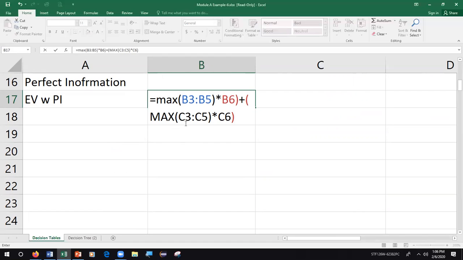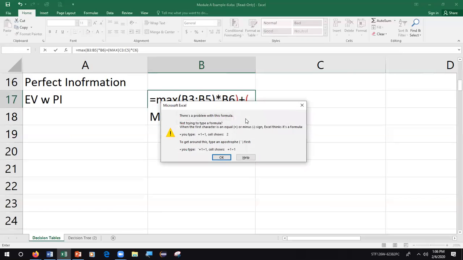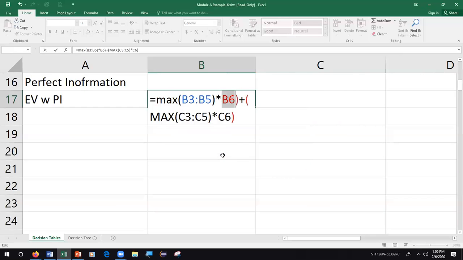So if those cells are the same in yours, the max of all the possibilities of a favorable market times its probability, plus all the outcomes of an unfavorable market times its probability of 0.4, and that should give us